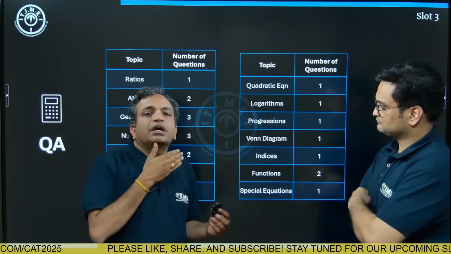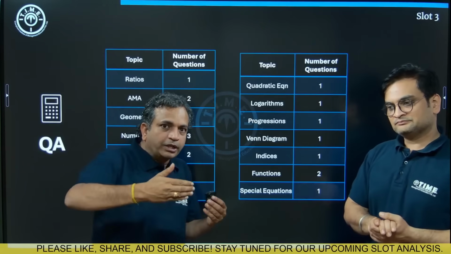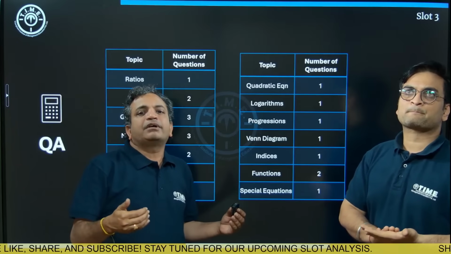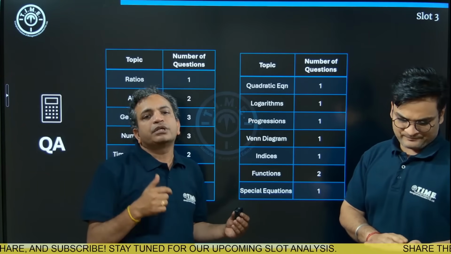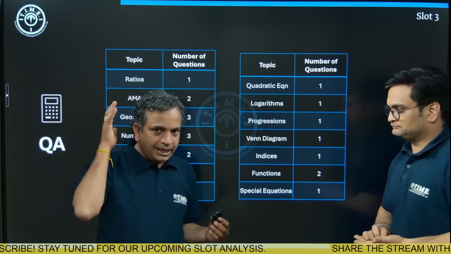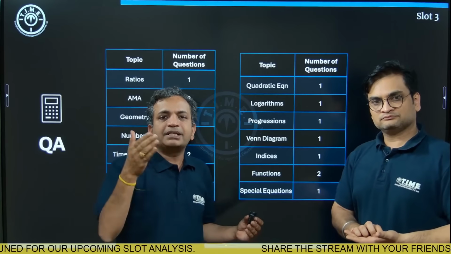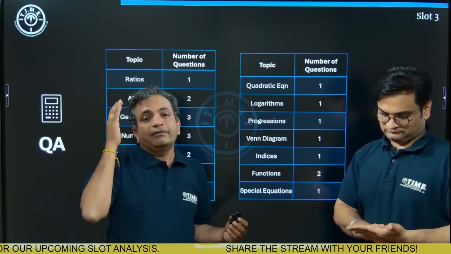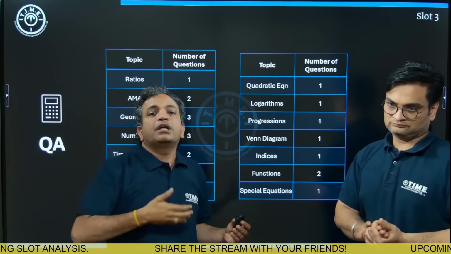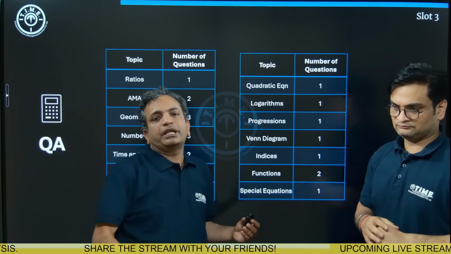It requires a lot of practice, similar to what is required in VRC. Whatever longest duration of preparation is required to increase your reading speed, a similar thing is required in speed maths to increase your speed of calculation. So do understand and realize the importance of speed maths, particularly those who are watching this video keeping CAT 26 and beyond in mind. Working on speed maths and working on your reading speed are two very, very essential long-term objectives that you need to have and follow up on regularly.